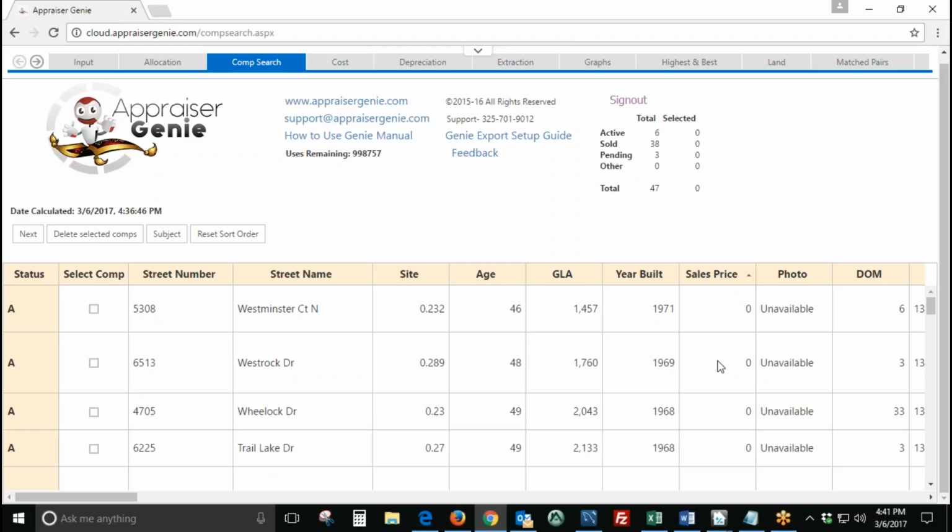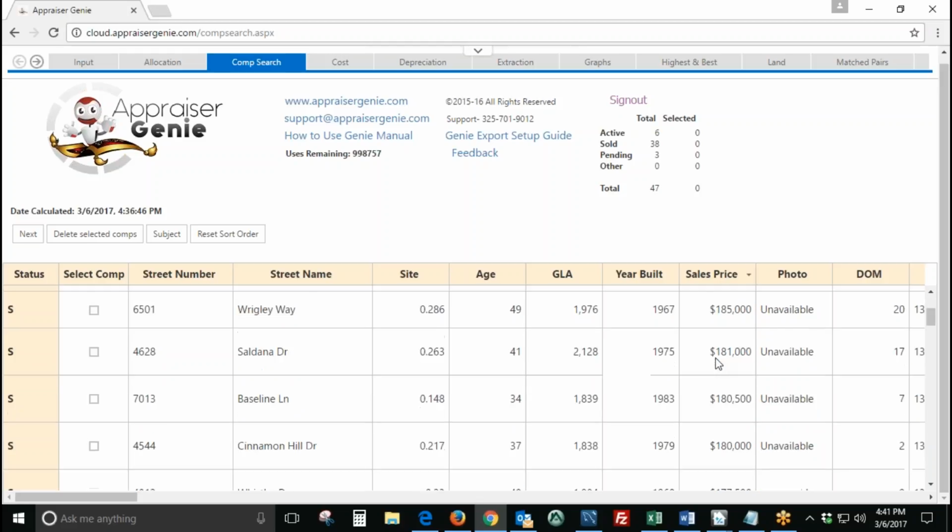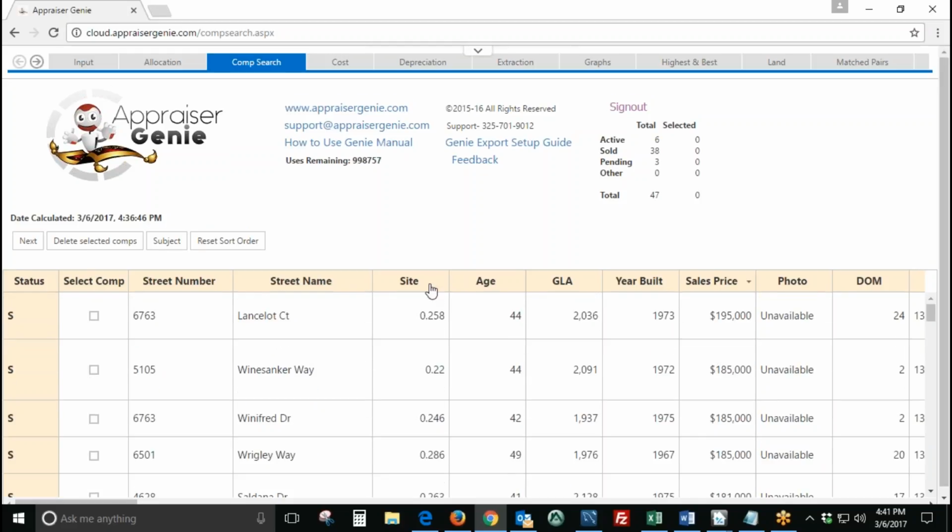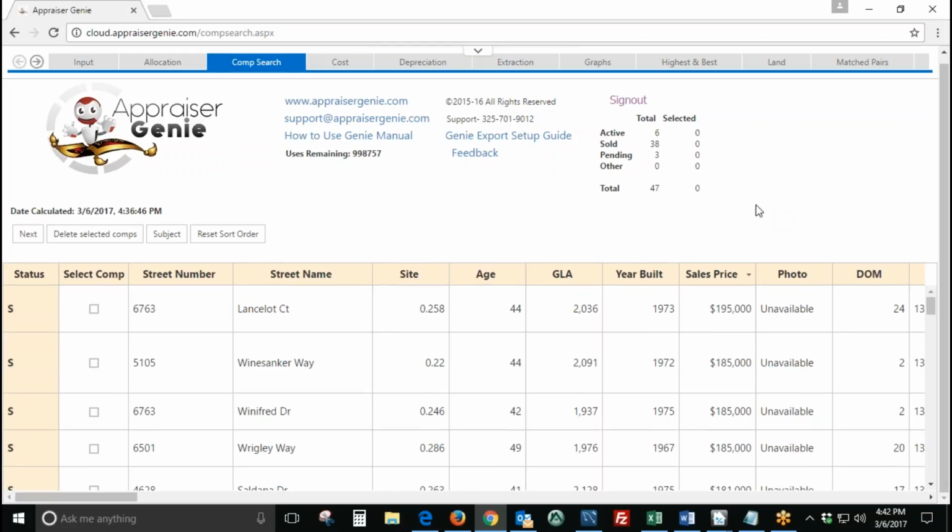I can click back on it, and it should go highest to lowest. Okay, so here's highest to lowest. You can click on any of these. You can click on street name. You can click on anything alphabetical, whatever helps you guys in determining the comps you want to use for your